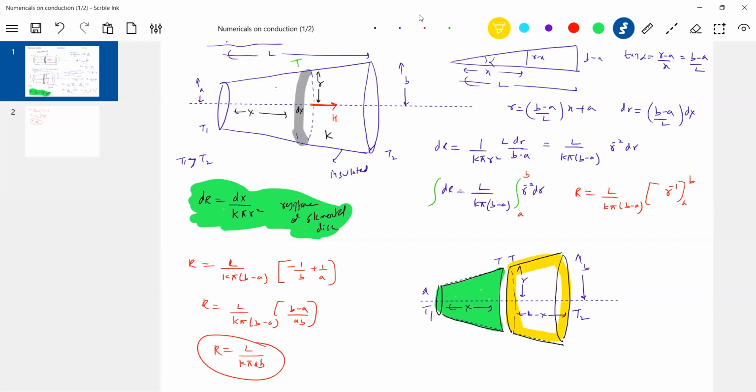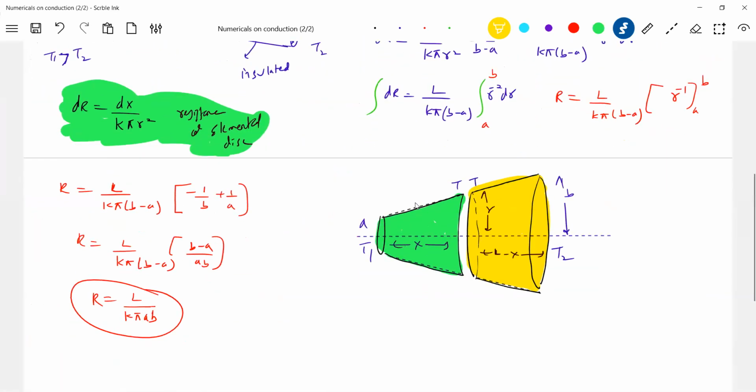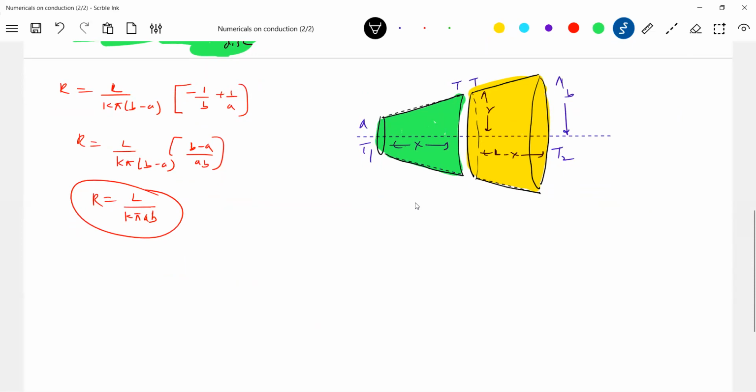And then what about the heat current? What heat current flows in the left part? Will the same heat current flow in the other part? Because they are in series, no? According to our resistor concept, I will magnify so that you can see things clearly. From the equivalent circuit diagram, this is resistance R1, this is resistance R2. Here the temperature is T1, this is T, this is T2. Can you remember we did this yesterday? Like the temperature of a junction, a similar thing is being asked here.